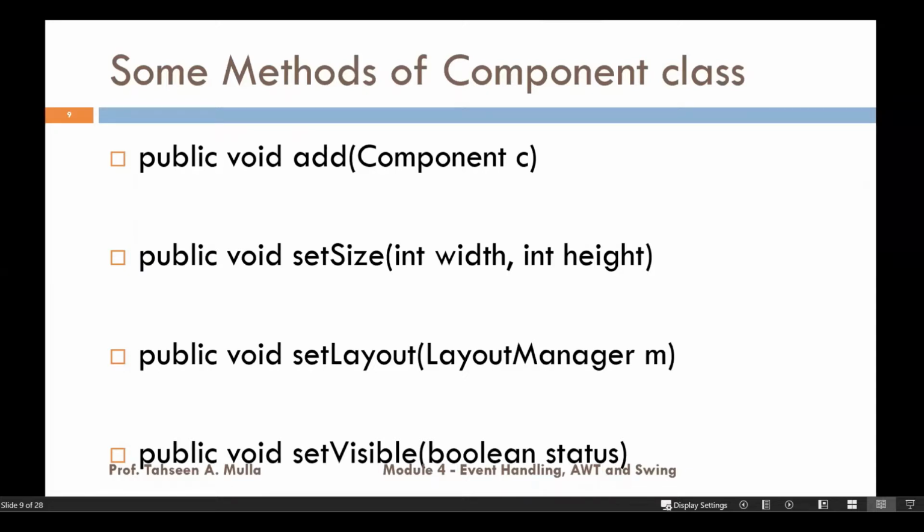First we have is the public void add. So this method will be adding different components, right? Now if I want to have some more attributes regarding that component, I can also go for it. I can set the size, right? Suppose you're going to add a button, so you can set the size of the button with width and height. Then you can set the layout. As I said, there will be a particular layout. If you're not going to use any layout, that means you're not going to implement this method, right? And specifying what kind of layout manager you are going to implement. If you're not going to use this, by default a flow layout will be applied, right?